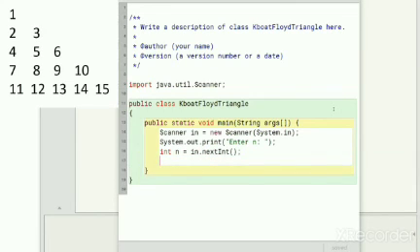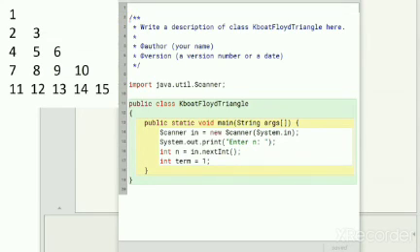As Floyd's triangle consists of consecutive natural numbers starting at 1, I will define another int variable named term and initialize it with 1. We will look at the use of this variable in a moment and then you will understand it clearly. For now, we will move to the outer loop.